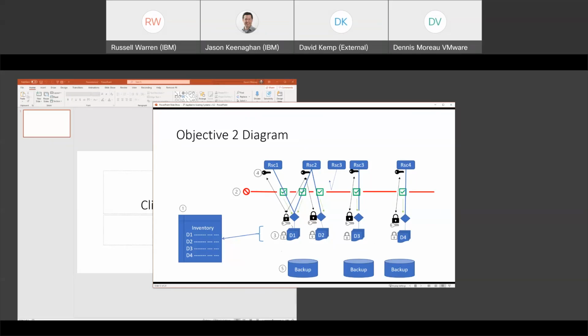What would be really useful is, as you're looking at these diagrams and when you consider them when we're not in the middle of a meeting, think about, is this a good enough way to represent and capture those concepts? The 5th requirement is have backups of the data for a restorability mechanism. Those are just the things that were expressed in Objective 2, but I tried to make them graphical so we could see the relationship between them, but we could also get a more intuitive feel for how they might be